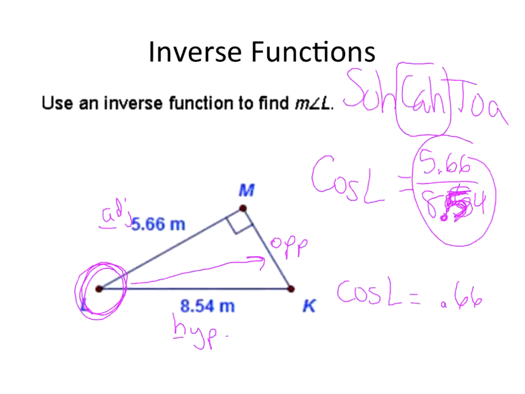How do I solve for L? How do I get L all by itself? I can't just divide cosine because our trig functions have weird rules about how we get rid of it. So when I'm using a calculator, I'm going to type in 0.66. What do I do with the cosine again? Cosine to the -1 equals